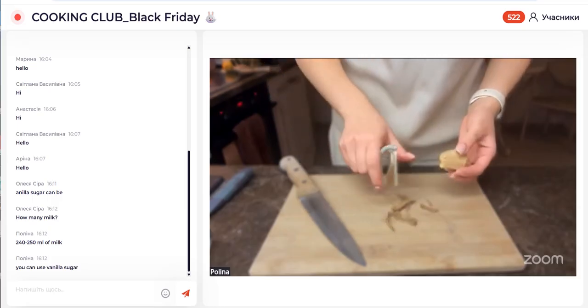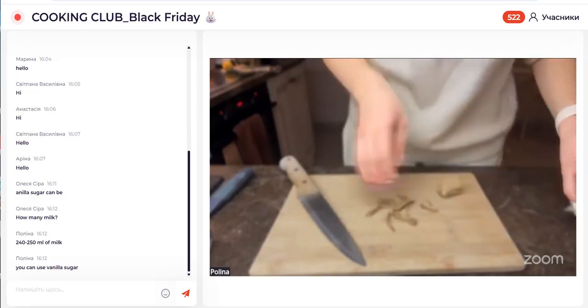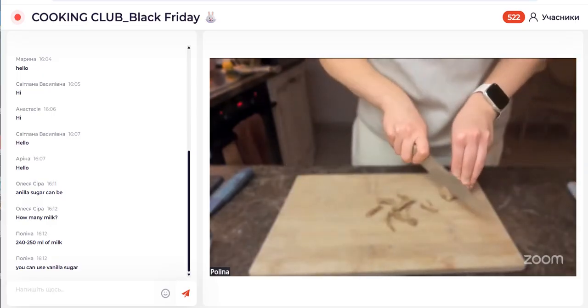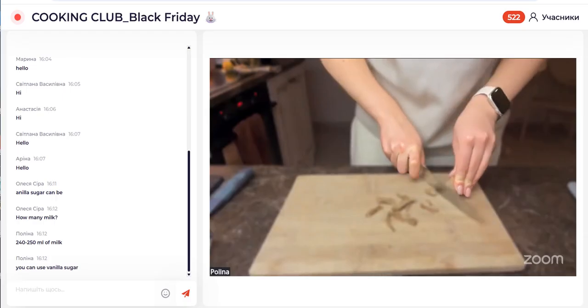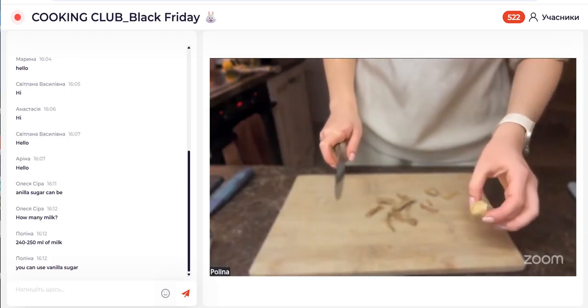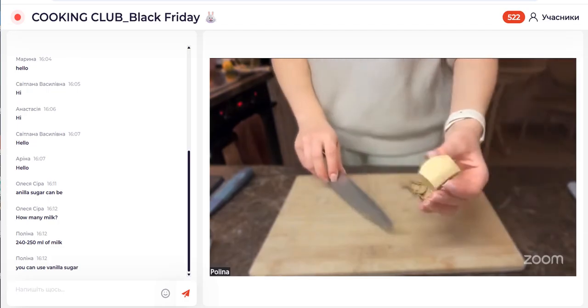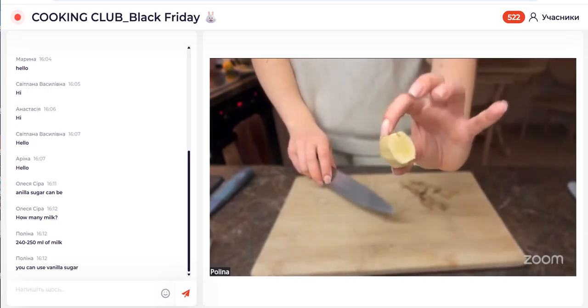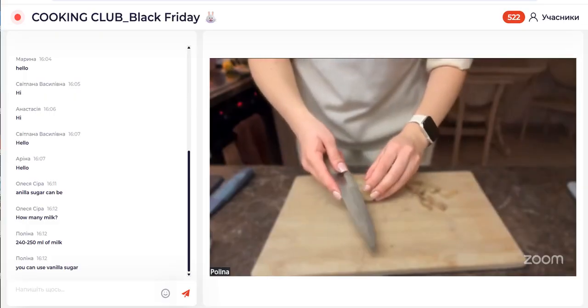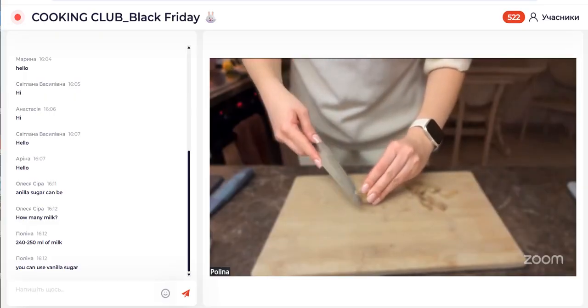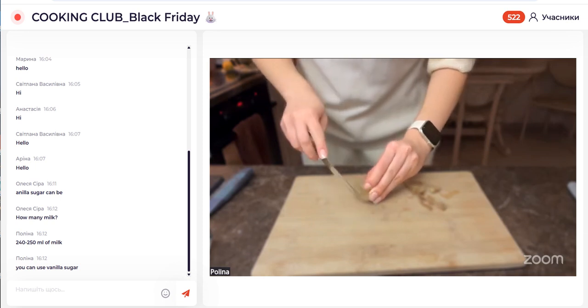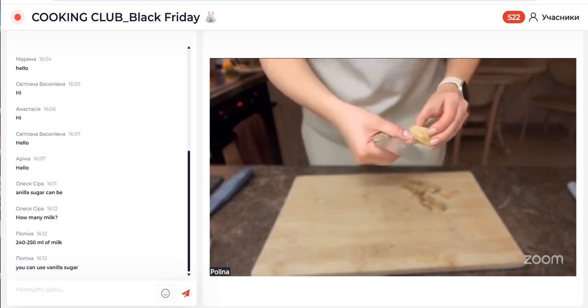Or you can do this with your knife. Do you like the smell of ginger, by the way? Okay, the small piece of ginger, very small, yeah. Maybe you can cut off unnecessary pieces and